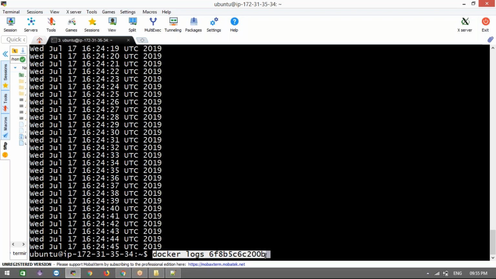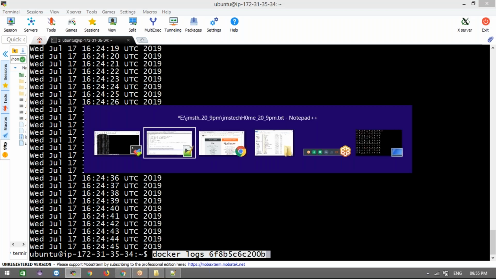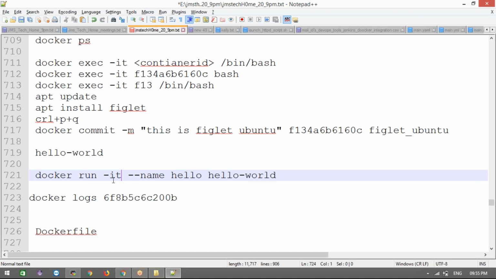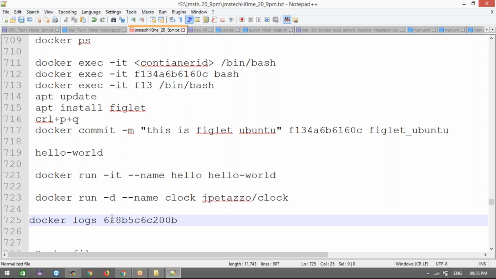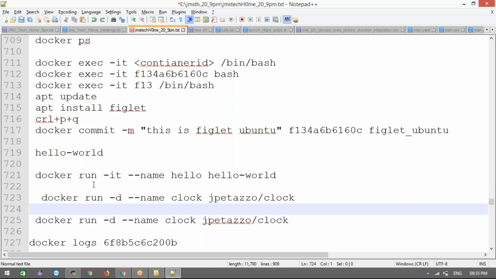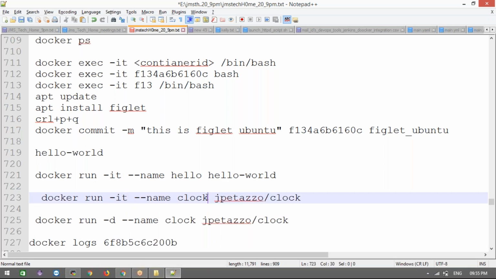If you're not running in daemon mode, what will it do? It will open the output here and run. Let me run that way also, with hyphen it. I'm going to show this way too, and I'll give a different name, because the same container name won't be accepted.